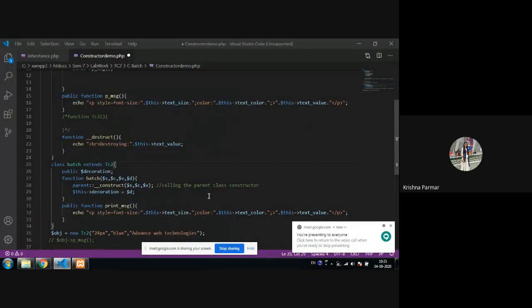Okay, so this way we can create the entire constructor of our batch class.